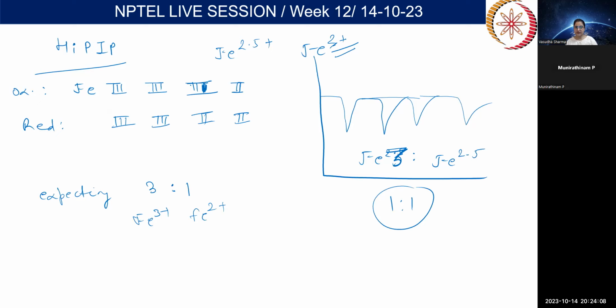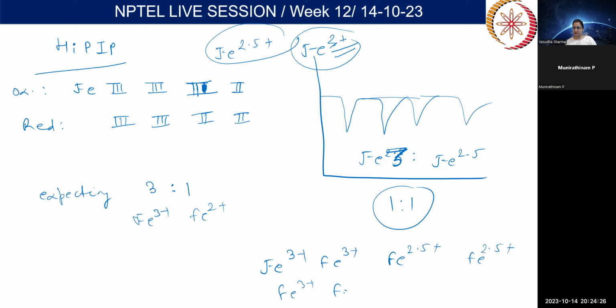So it is not the case of iron 3 anymore. It is iron 3 and a combination of iron 2.5. So now we have iron 3 plus, iron 3 plus, iron 2.5, iron 2.5 plus, and when it gets reduced, it will give you iron 3 plus, iron 2 plus, iron 2 plus. So this is the way we can identify 2 different kinds of iron systems when we have a mixed valence complex, and Mössbauer spectra plays a very important role in identifying that, depending on the nature of